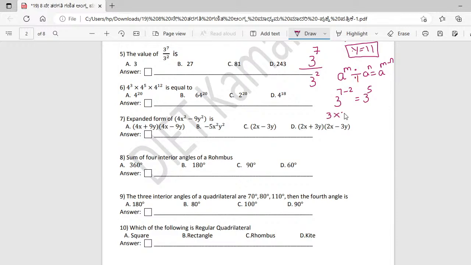So write down 3 into 3 into 3 into 3 into 3, multiplied 5 times because the power is 5. What we're going to get as the value: 3 3s are 9, 9 3s are 27, 27 3s are 81, 81 3s are 243, and that will be our value. So where is